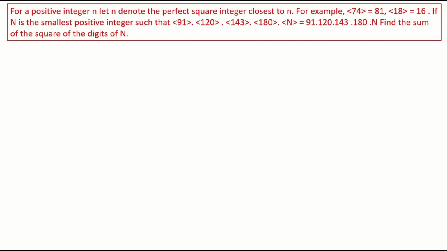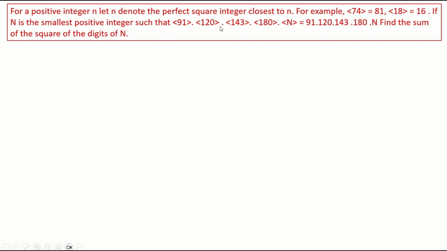For a positive integer n, square brackets n denotes the perfect square integer closest to n. For example, the bracket of 74 is equal to 81 because this is the closest perfect square integer. The bracket of 18 is equal to 16 because this is the closest. If that is the definition, then find n, the smallest positive integer such that